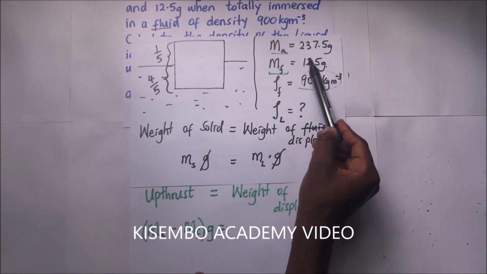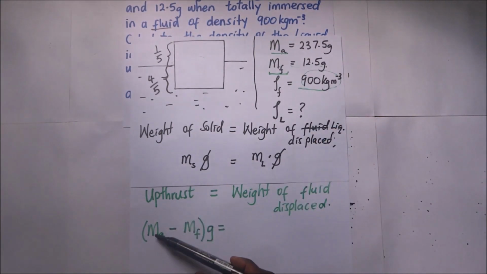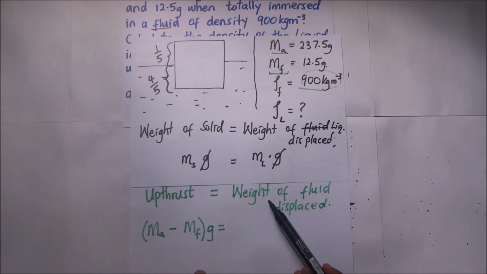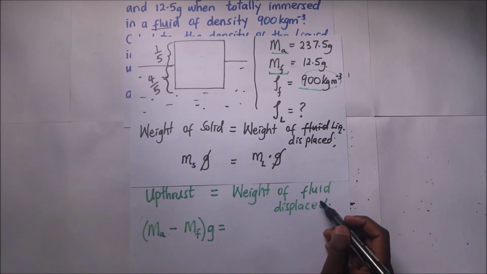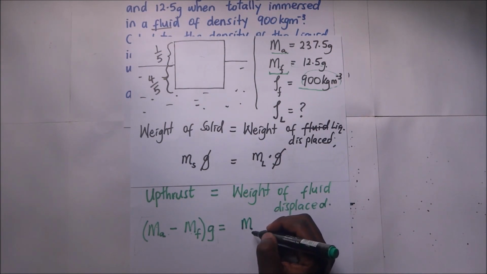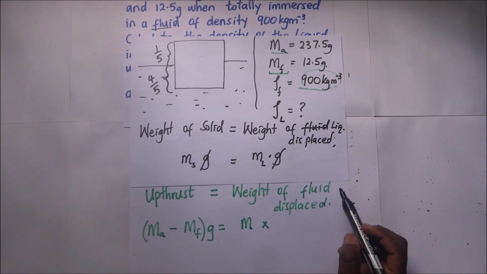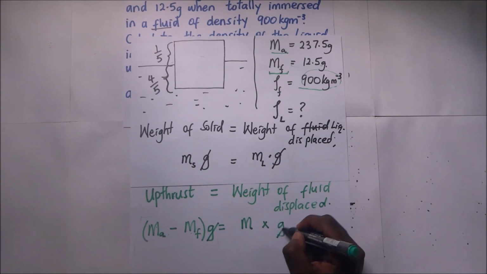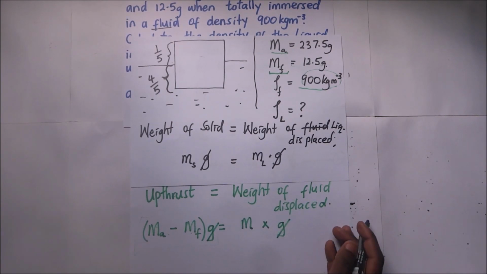This mass, converting that to weight, is mass times gravity. So it's the same as saying the mass in air minus the mass when it is immersed in the fluid, times gravity. This is the upthrust. It is going to be equivalent to the weight of the fluid displaced. Now the weight of the fluid displaced is going to be given by the mass of the fluid multiplied by gravity. Of course, the g and the g will cancel out,